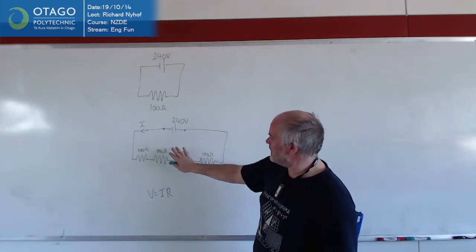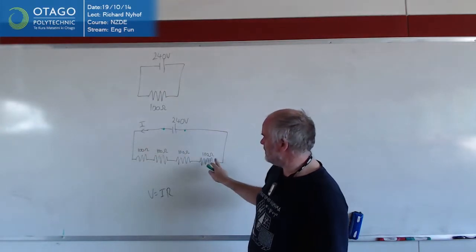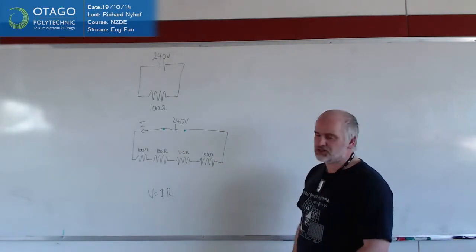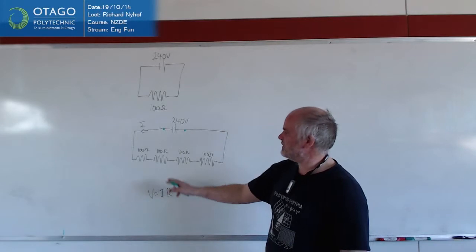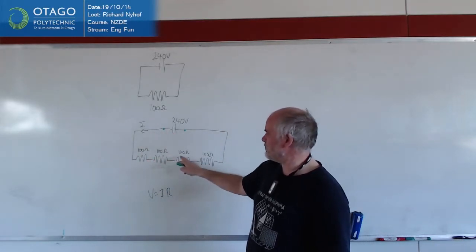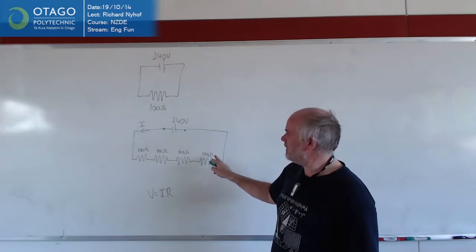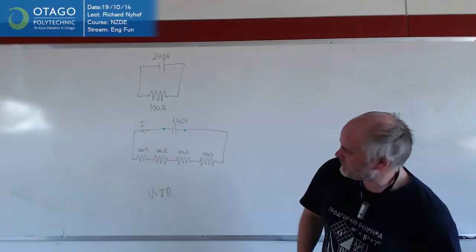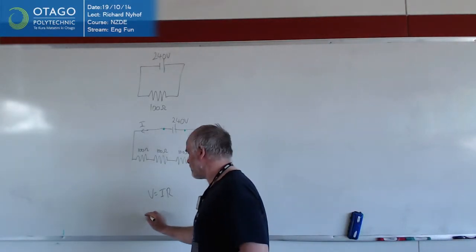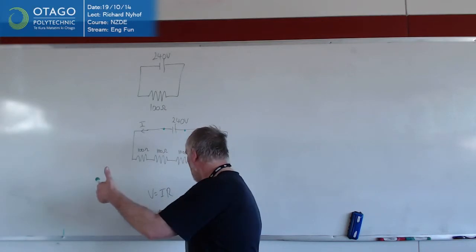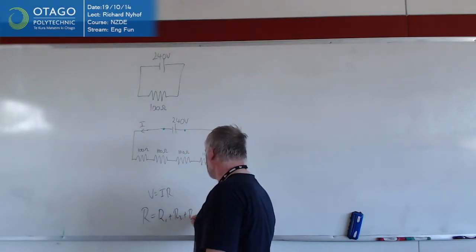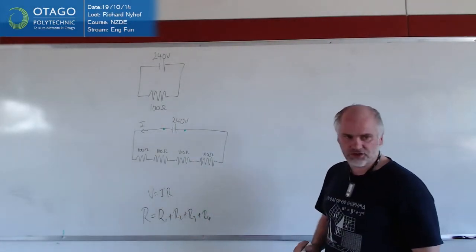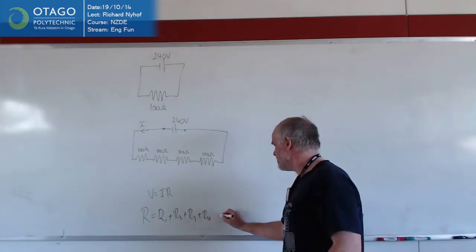Okay? So I've got the situation where somehow or other, I need to be able to join these 4 resistances and treat them as a single resistance. And the formula is as simple as you hope it's going to be. The total resistance across here is 100 plus 100 plus 100 plus 100. So the total resistance around this circuit is 400 ohms. Okay, so there's a formula that just says that resistance is R1 plus R2 plus R3 plus R4. Yep. So we've got those 4 resistances. So in this case, that's just going to be equal to